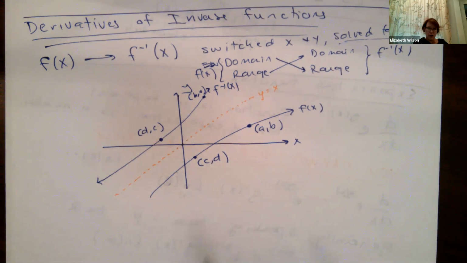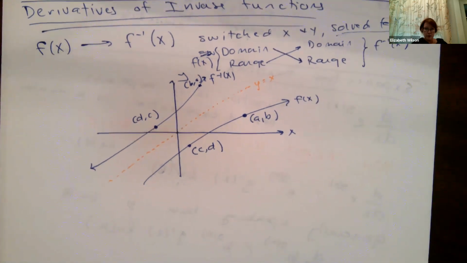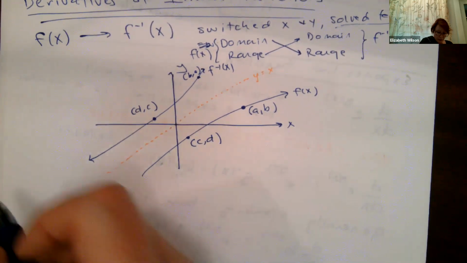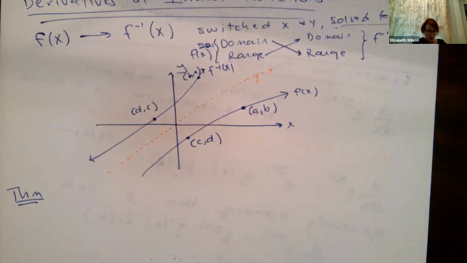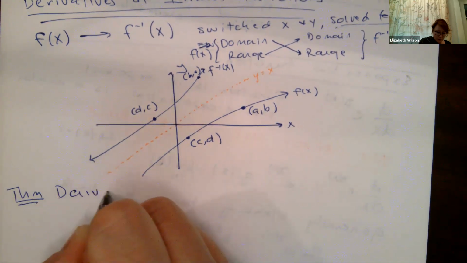Because we're going to come back to those points when we talk about the slopes of our tangent line. So let's do the derivative of our inverse. This is a theorem. A lot of words here. I'm going to write the words out, we're going to decode it, and then we'll go through some examples. So, derivative